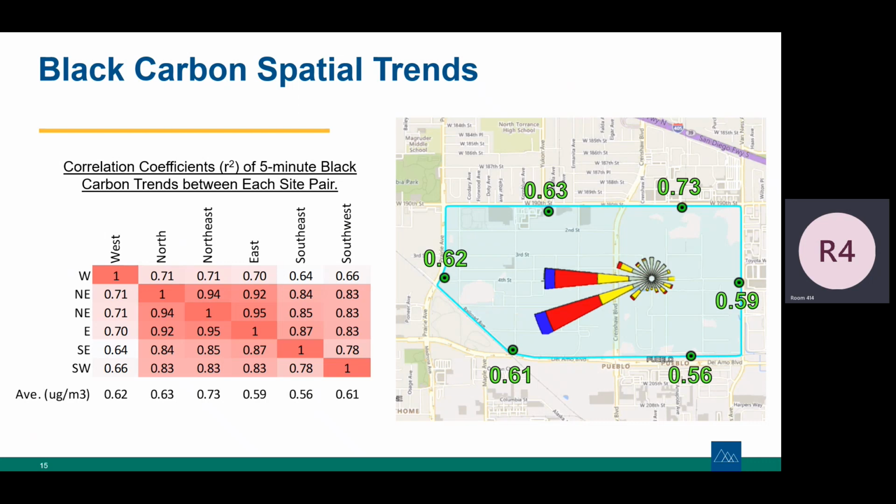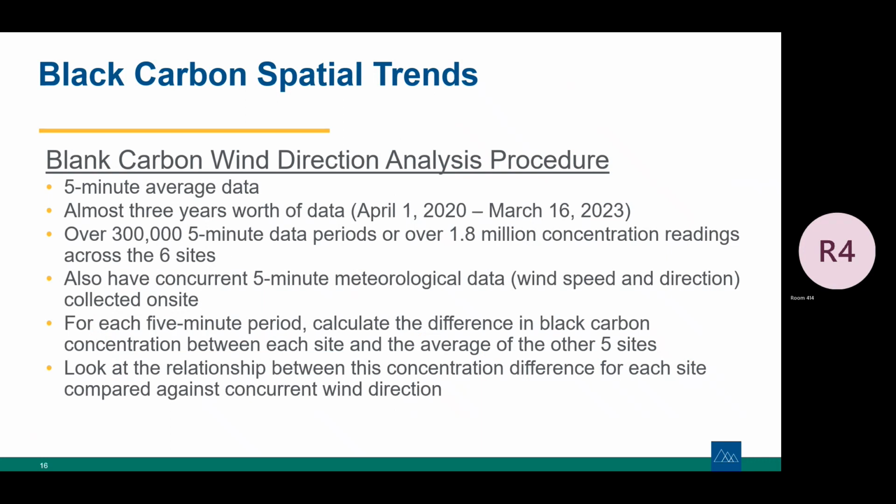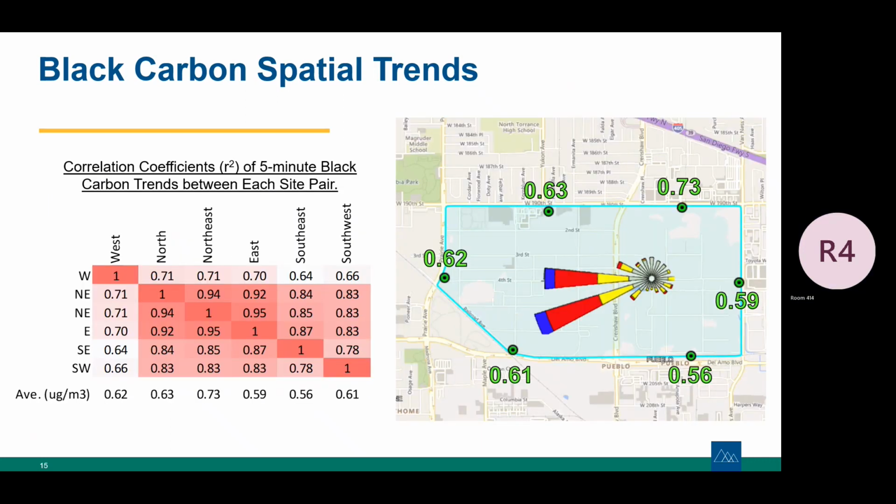Here's a wind rose, again, showing that in general, the highest frequency of winds that we see in Torrance are coming from the west, with other directions being less frequent. So to try and figure out why this site, my northeast site, that's my gray line site,